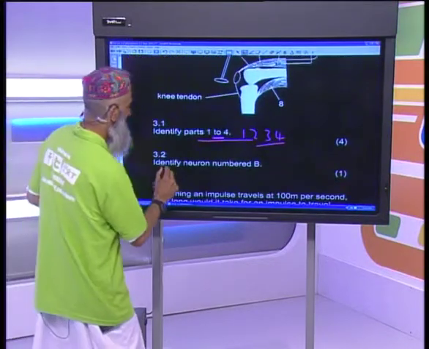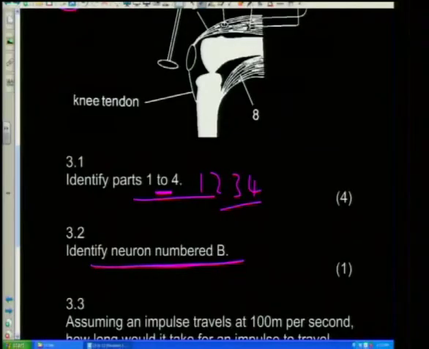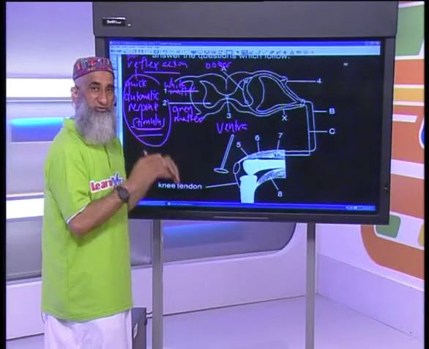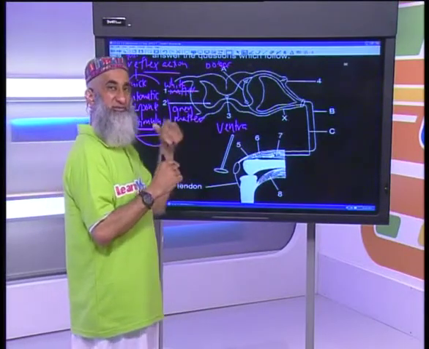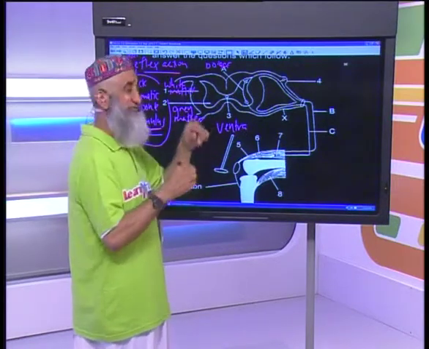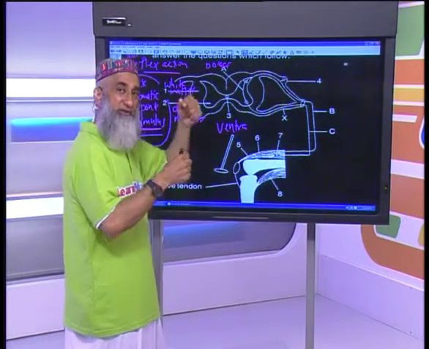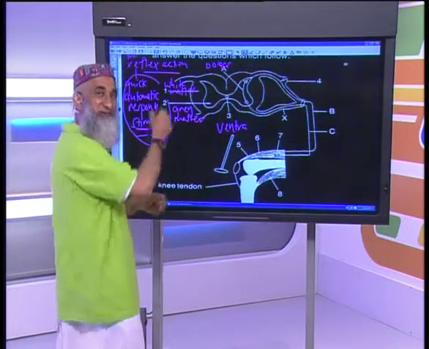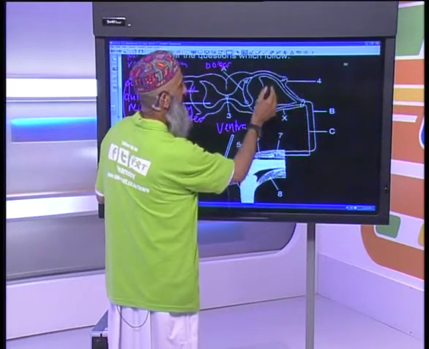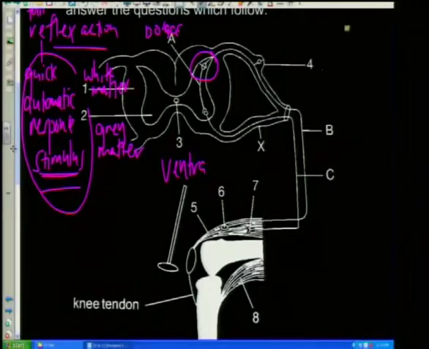There we go. Identify neuron labeled B. Now, here's this neuron here. There's 2 neurons, and you can't really see difference in the structure. They are line diagrams. So therefore, you need to know which is the ventral and which is the dorsal, because the sensory neuron enters from the dorsal horn, and the motor neuron leaves from the ventral horn. So if you follow B, there's B going up, up, up, and coming in there. So it's coming in from the dorsal, so B is the sensory